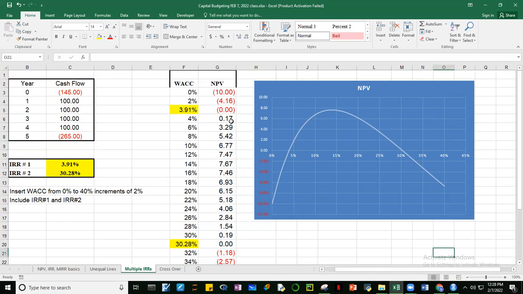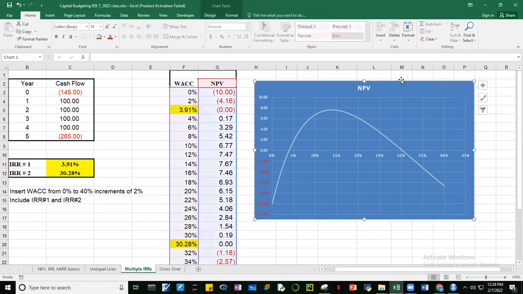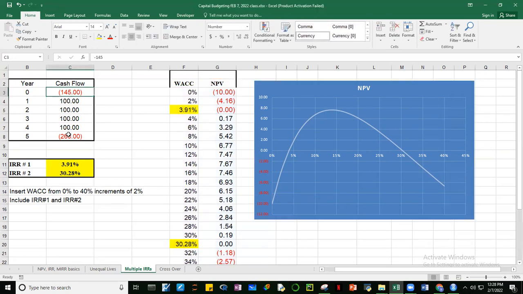Okay, any questions for this one guys before we go to the last one? So ito na yung multiple IRRs. No? So kailan nangyayari ito? This happens when you have a cash flow that's negative other than the initial investment. It can be in the middle, can be at the last. No? So ito kita natin yung NPV profile na to. Okay, unlike other NPVs guys, unlike other projects where iisa lang yung pababa lang yung NPV profile, no?